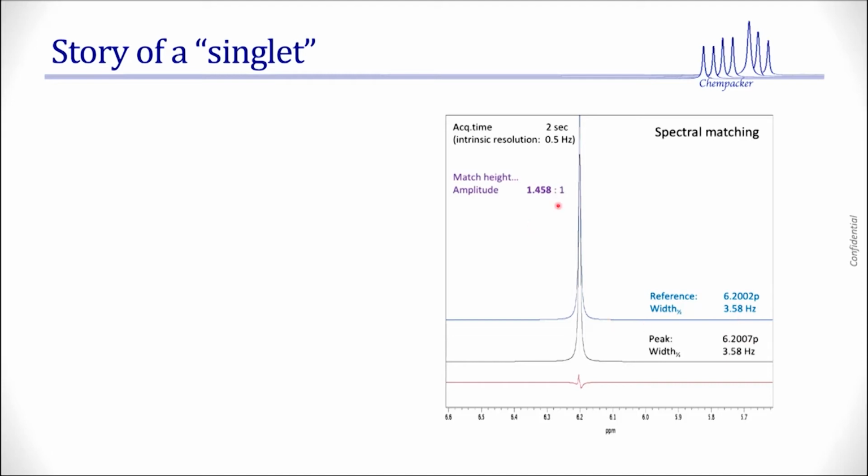I match the line width, and so on and so forth. The conventional way of doing it, I come up with 1.458. And if I am a sloppy guy, I look at this and say, that's an out of phase signal. That's simply because the 2 frequencies are slightly different. So the subtraction of the 2 gives me some dispersive signal. I will walk away with this.